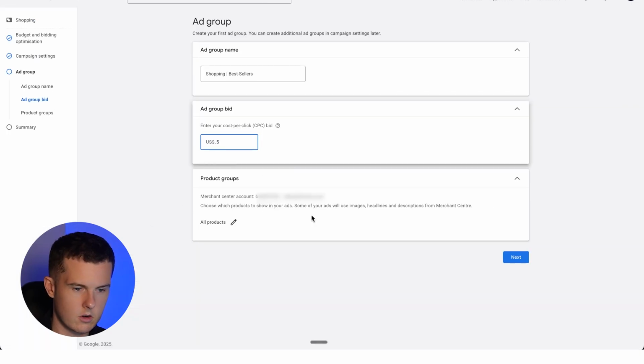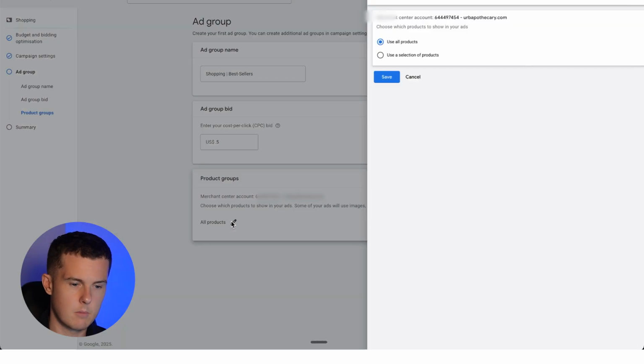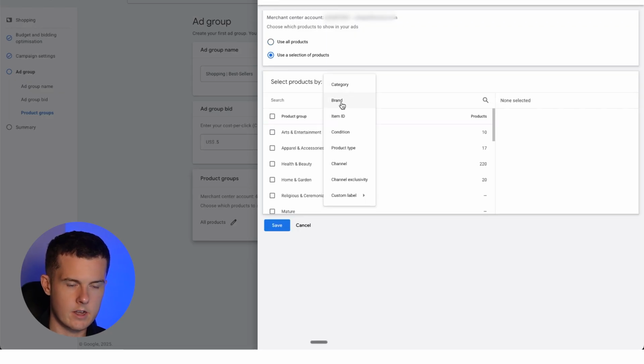And next up are product groups. By default, this will be set to all products, in which case this shopping campaign will serve all of our products. But if I want to filter it, I can use a selection of products. So I can filter by things like category, brand, item ID, condition, so new or used, product type, or things